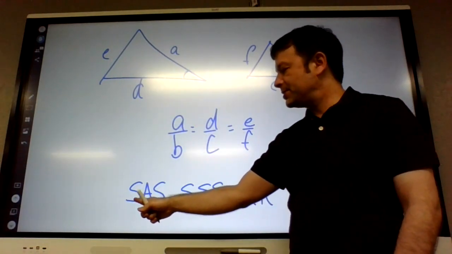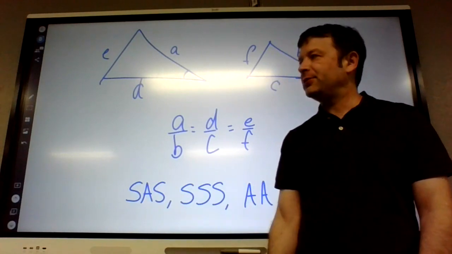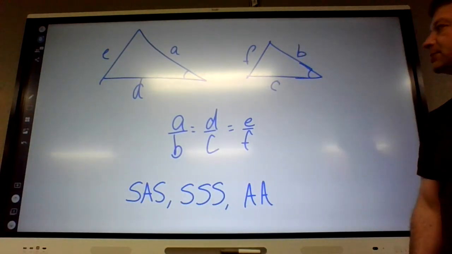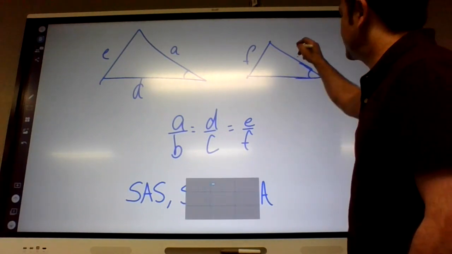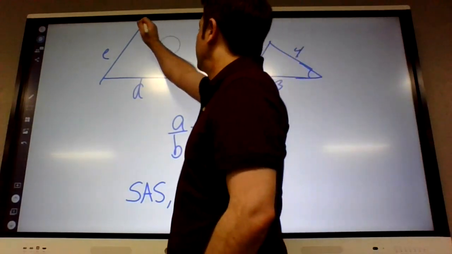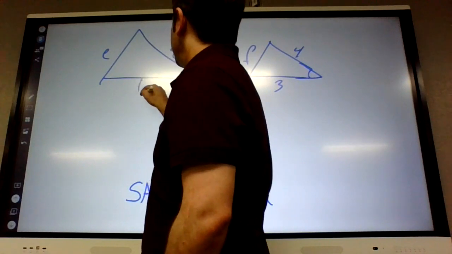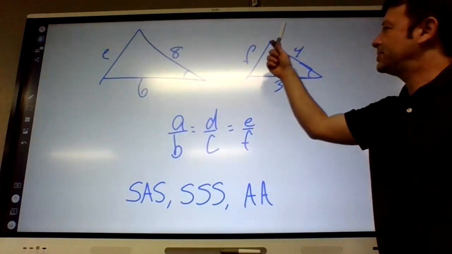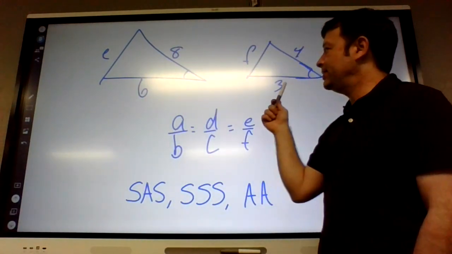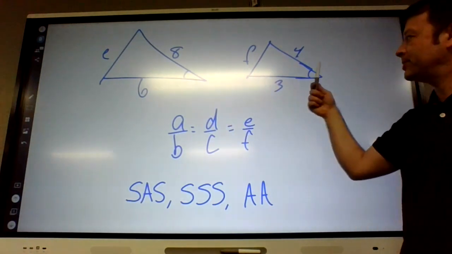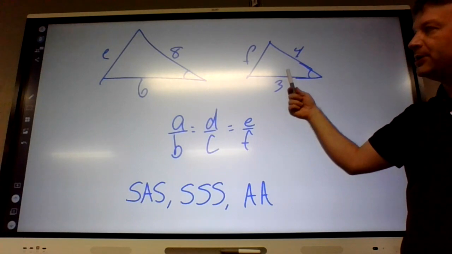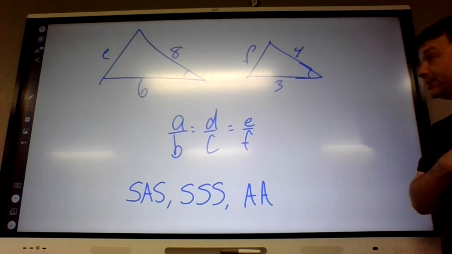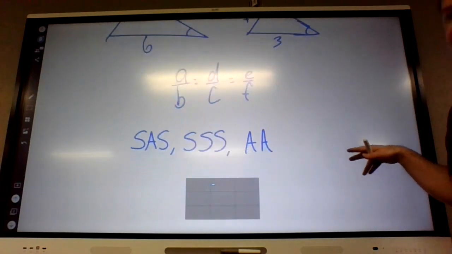And side angle side is 2 sides are in proportion and the angle in between them is congruent. So, an example of that would be if this is like 4 and 3 and 8 and 6. That would work. Because does 8 over 4 equal 6 over 3? Yes. Are the angles between them congruent? Yes. So these 2 triangles would be similar by side angle side. For example. Okay, so number 1,